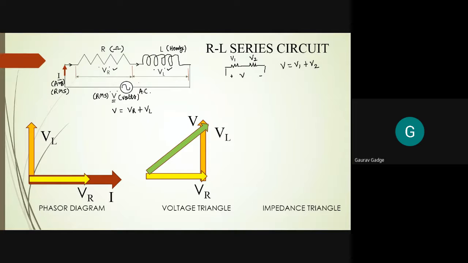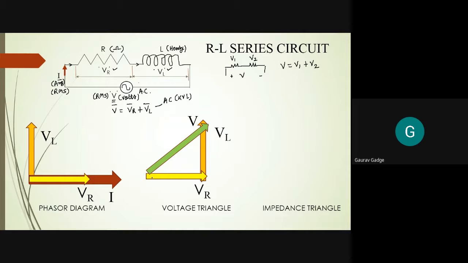V1 is replaced by VR, V2 is replaced by VL. So for DC, V is equal to V1 plus V2. For AC, V is equal to VR plus VL. But to represent this equation for AC, you just give a bar on each of the voltages, and that indicates the AC voltage, or KVL for AC, Kirchhoff's voltage law for AC. Voltage law means the addition of the voltages. That's all. So V is equal to VR plus VL.